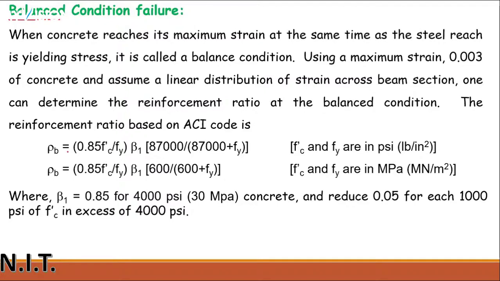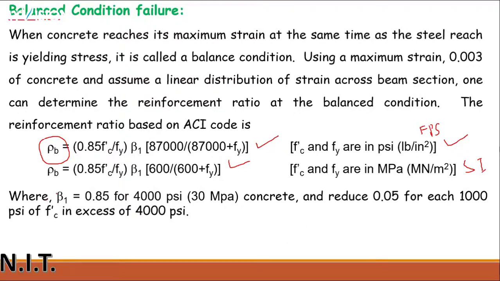In case of balanced failure, the steel ratio can be found by this formula. This is the FPS system, as I told you yesterday. This is the FPS system, and this is the SI system, System International. These are the two different formulas. This is for the FPS system, this is for the SI system, where beta 1,